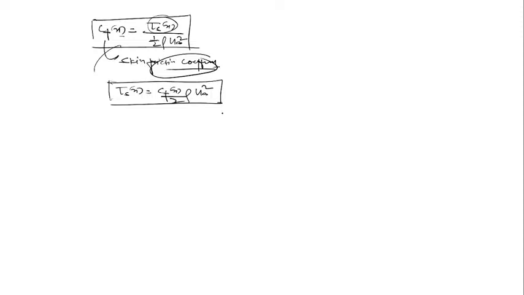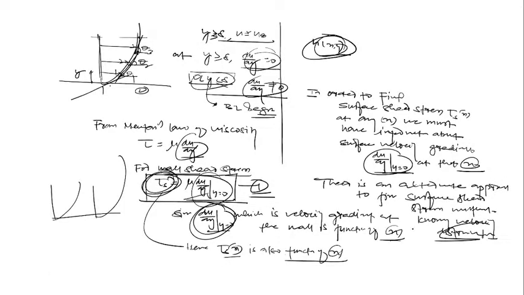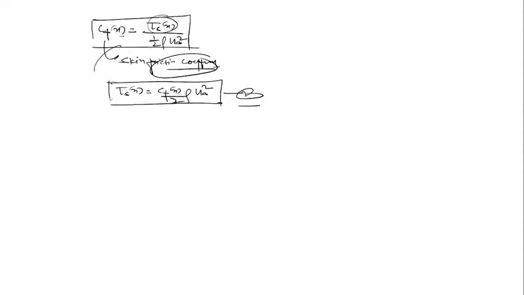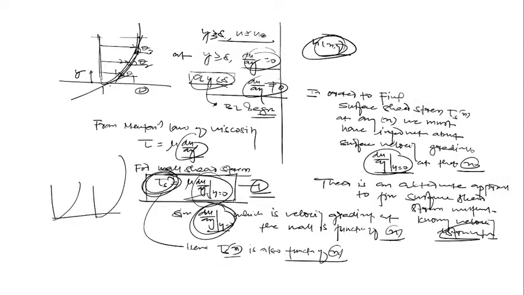Yes or no, beta? It is the second equation. The first equation required the velocity distribution at all x at y equal to 0. But here we can also find the same shear stress distribution without knowing the velocity distribution, by knowing only CFX, the skin friction coefficient. It is clear, and that is most widely used. This equation 1, you can only use to find the shear stress when the velocity distribution is known to you.